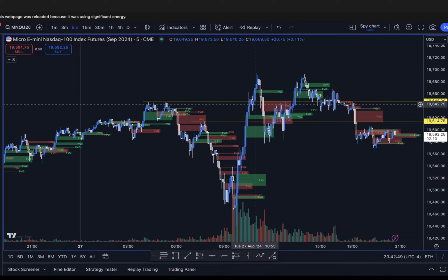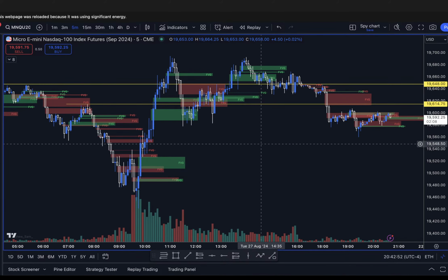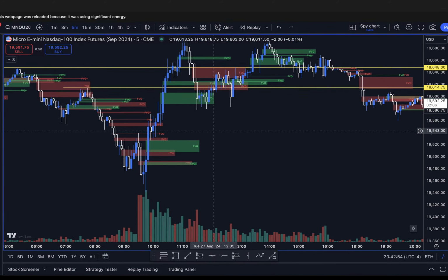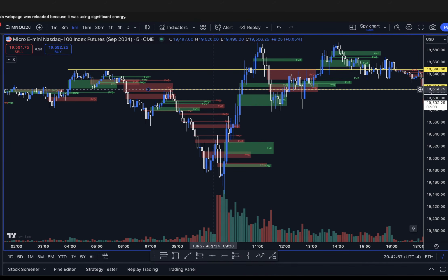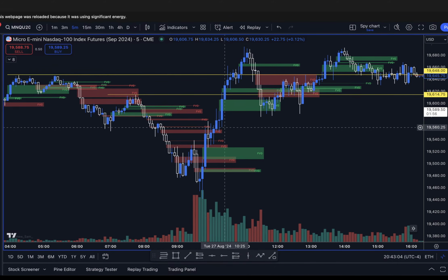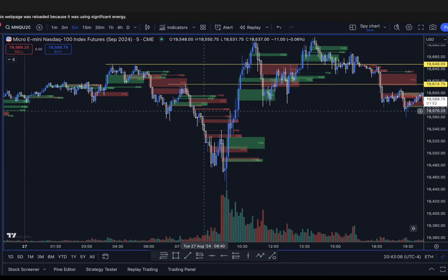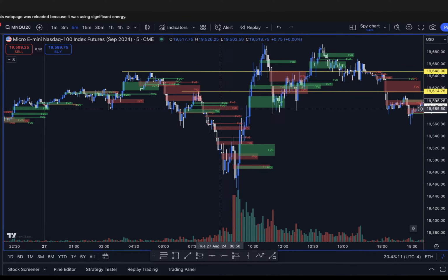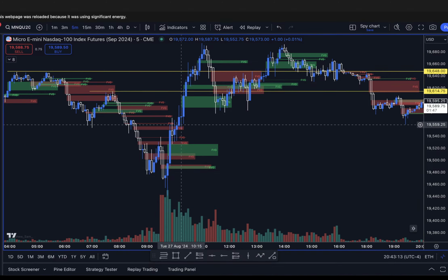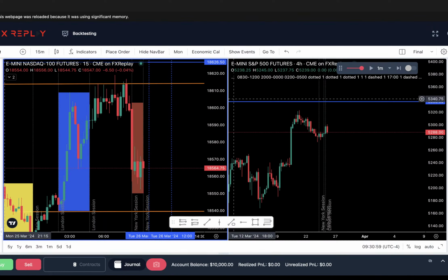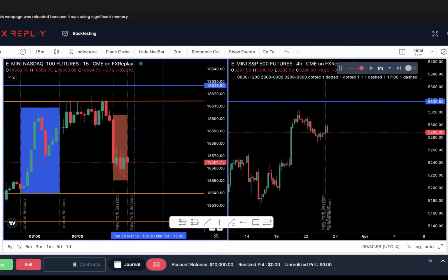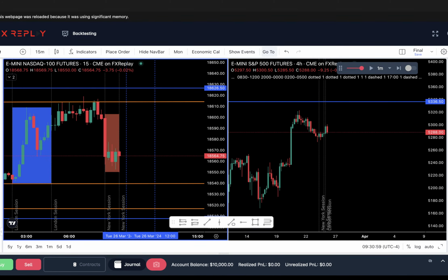So I'm more of a set-and-forget trader, but lately I do manage my trades because I don't set a stop loss sometimes on NinjaTrader and I'll just trade off TradingView and then just close the trade. So I can add a stop loss, I can add a trailing stop, or sometimes I just don't at all. But I used to get really good at setting and forgetting, and I need to get back to that. Just set a bracket, set a take profit, set a stop loss, move on. If you win, you win, you lose, you lose. But it just depends on the person. You can do either one.